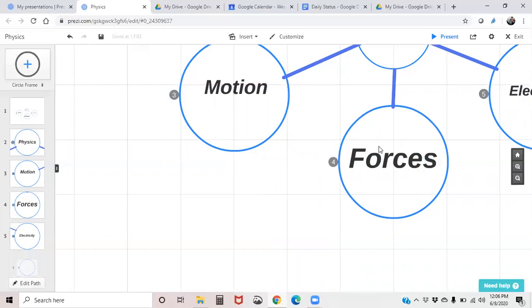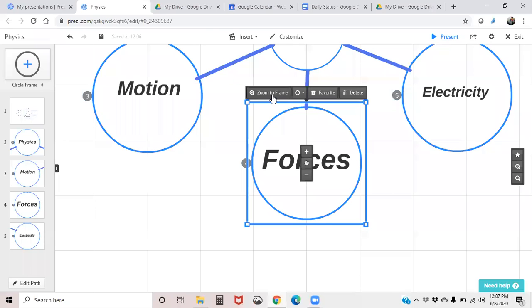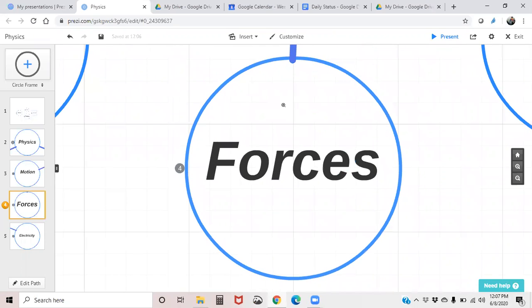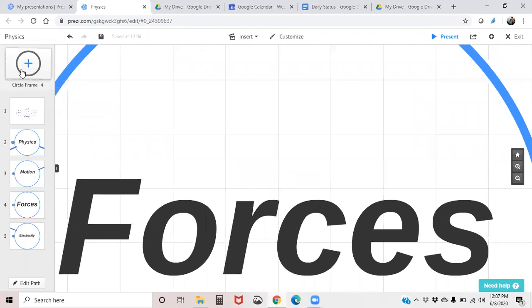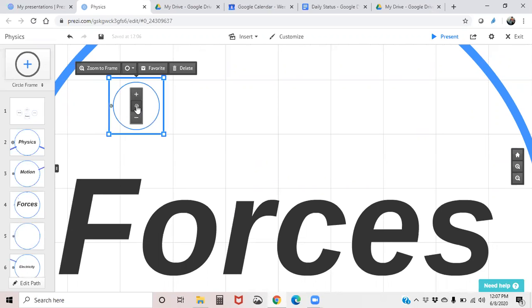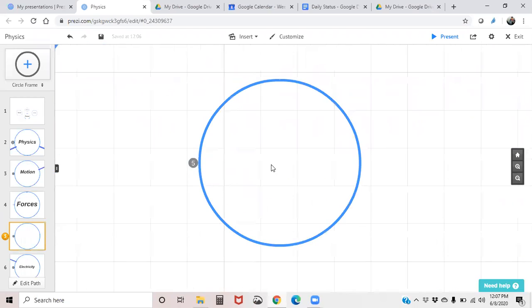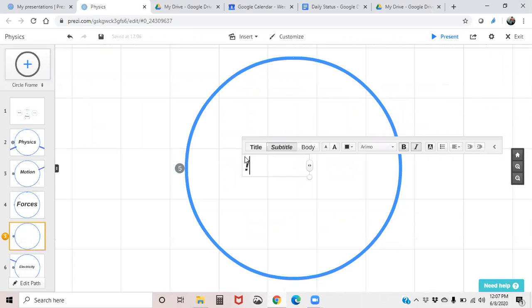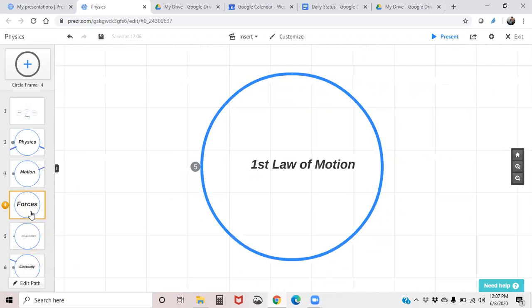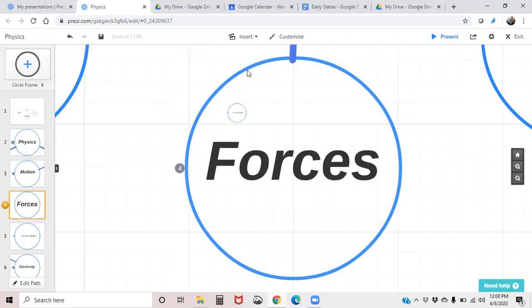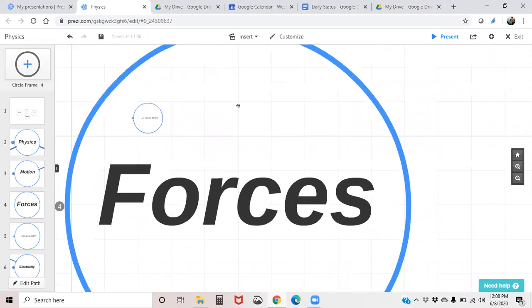So let me show you how to do that. So I'm going to click the force bubble, and I'll zoom to inside of forces, and I can even zoom even further if I wanted to make sure that my next frame was within it. And so within this bubble, I can make the topic the first law of motion, for example. And then if I want to zoom back out to forces, I'll just click forces and then find another location, zoom in,